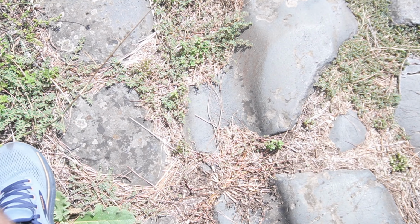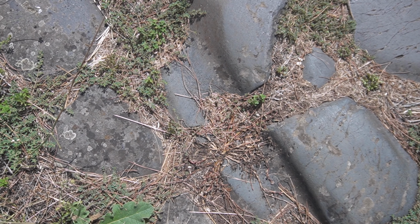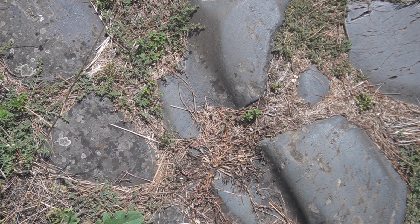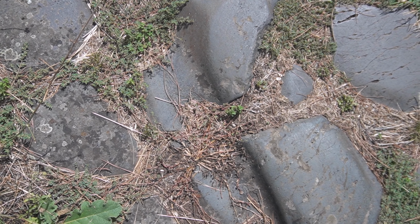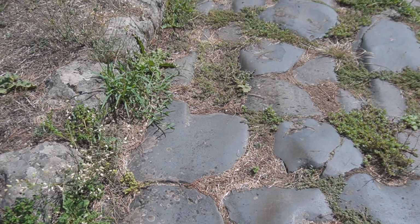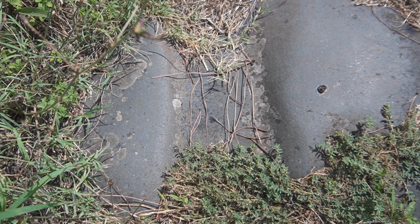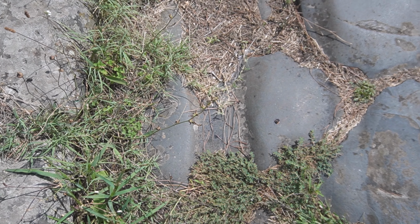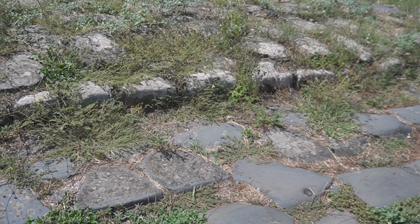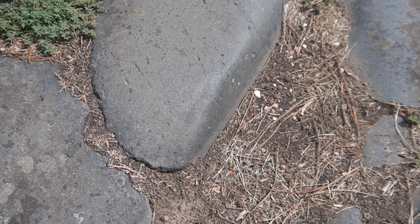This is kind of neat. You can see where parts of the stone have been worn away, so probably these were wagon wheels that carved this out throughout the ages. You can see along here as well, see this little groove that's been carved out. So over the centuries, the wagon wheels would have carved this out. Then you can see this too on the other side. You can see here, the side of this stone has been worn down,